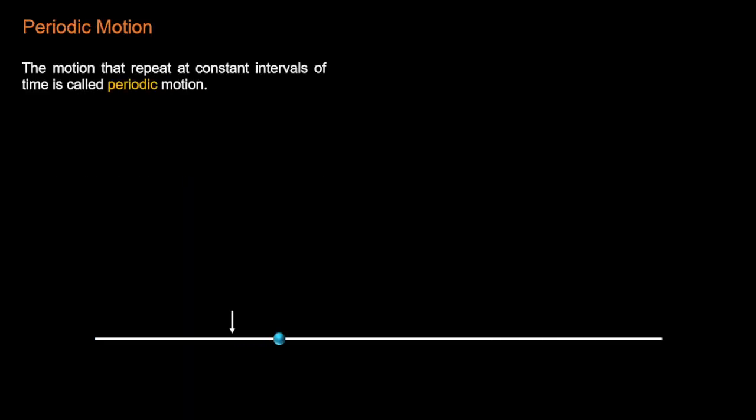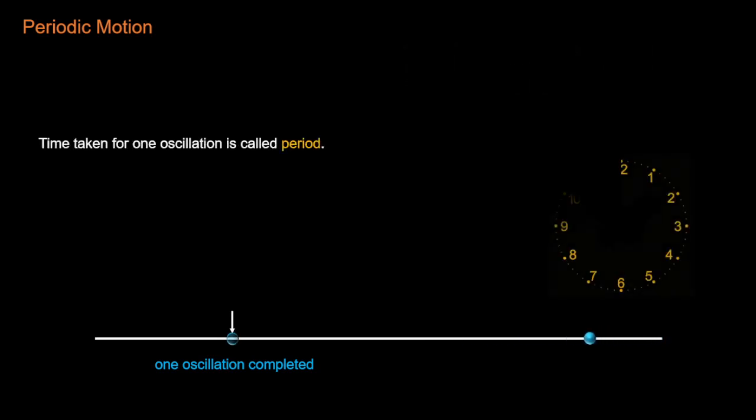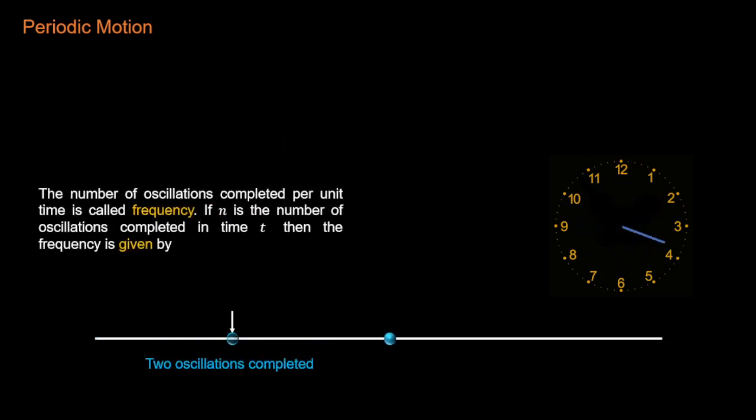The motion that repeats at constant intervals of time is called periodic motion. When the particle arrives back at any particular position with the same velocity and acceleration, one oscillation is said to be completed. Time taken for one oscillation is called period. The number of oscillations completed per unit time is called frequency. If n is the number of oscillations completed in time t, then the frequency is given by